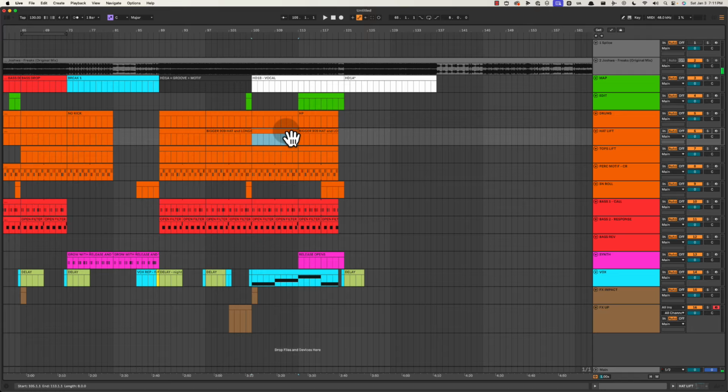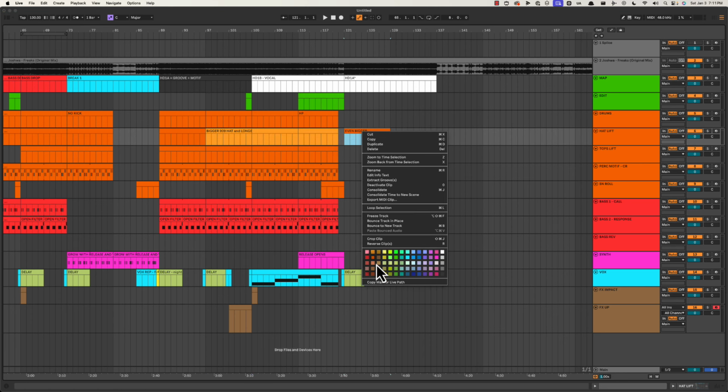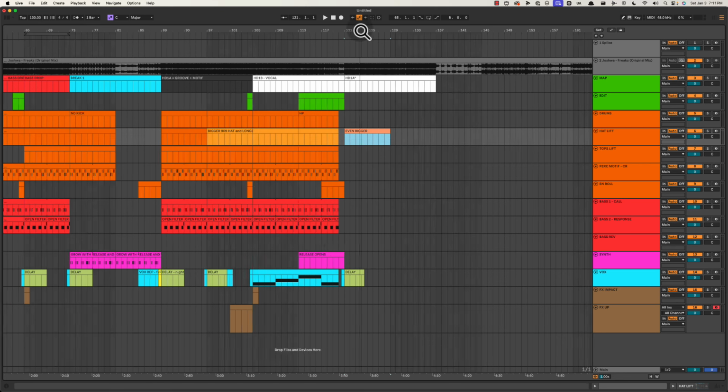Man, an even bigger lift right here on the drums. So even bigger. So I'm going to color these different. So let's color this like that color, and then we'll color this just another color like that. It's just to highlight the difference.